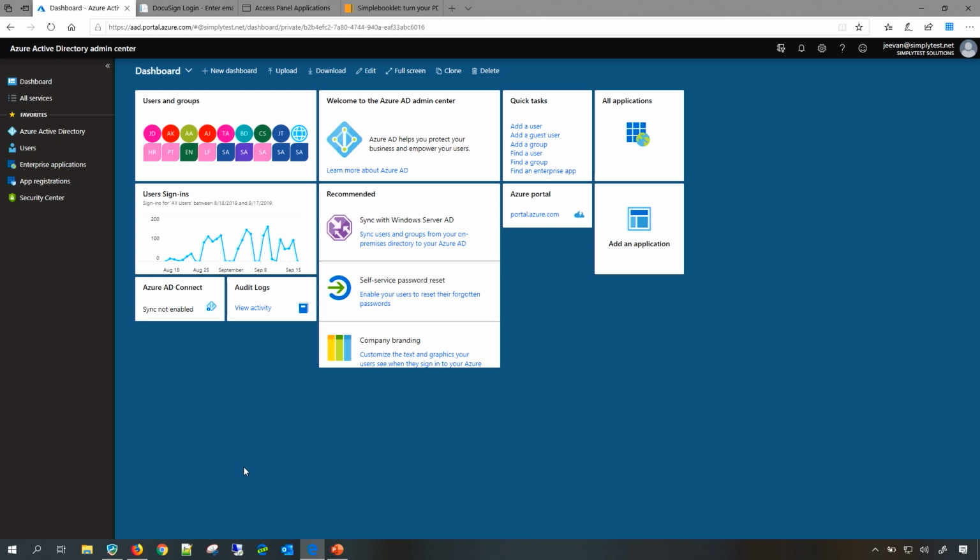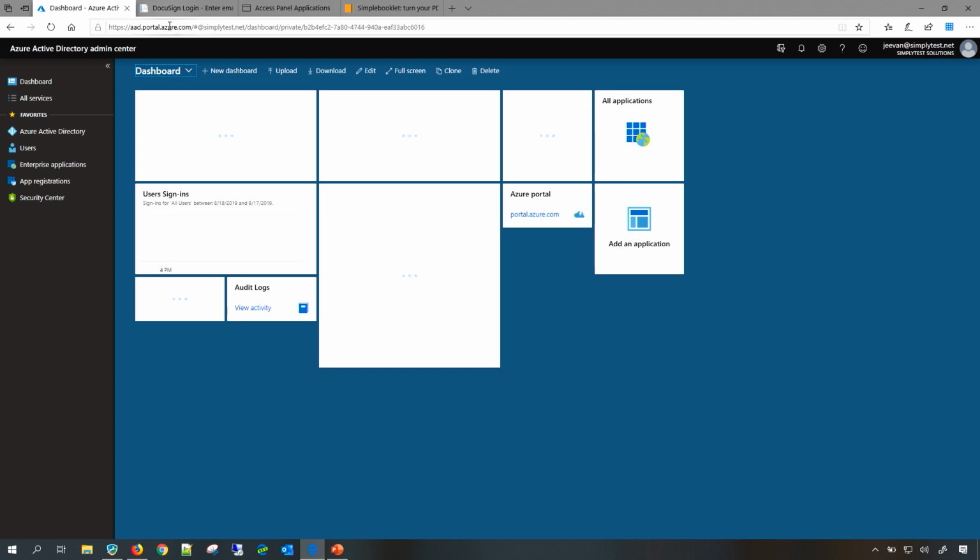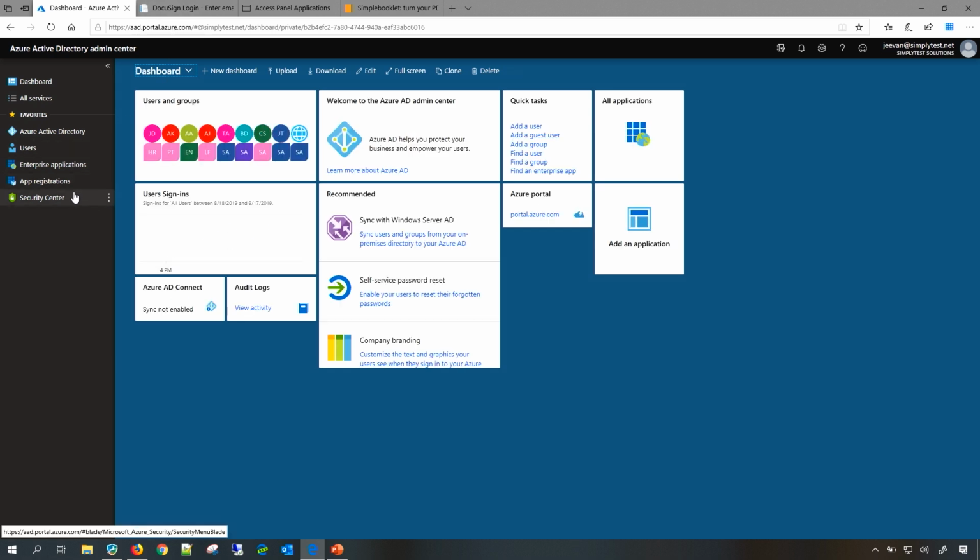The first thing you have to do is log in to the Azure Management Portal. And if you do not know about the short URL, then I suggest that you use aad.portal.azure.com. With this particular URL, when you log in, you can see only a small set of navigation on the left. That means if you're using only Azure Active Directory in the Azure Management Portal, then you should be using this URL. As I said, the simple one is aad.portal.azure.com, and you log in with your credentials, and you can see the screen.